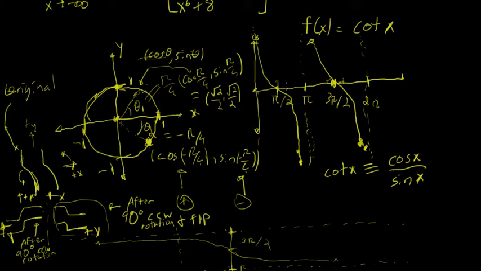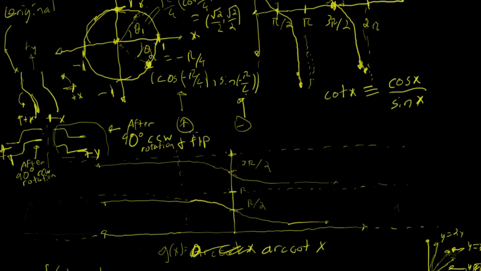When we flip over the line y equals x, we'll only be getting one of these things rather than two. This is 3 pi over 2, and this is 2 pi right here. You could restrict from either 0 to pi or pi to 2 pi, and by convention, they restrict from 0 to pi. So the principal arc cotangent,